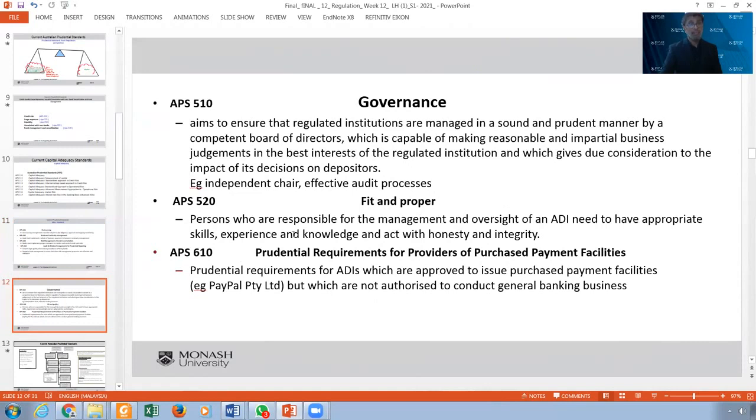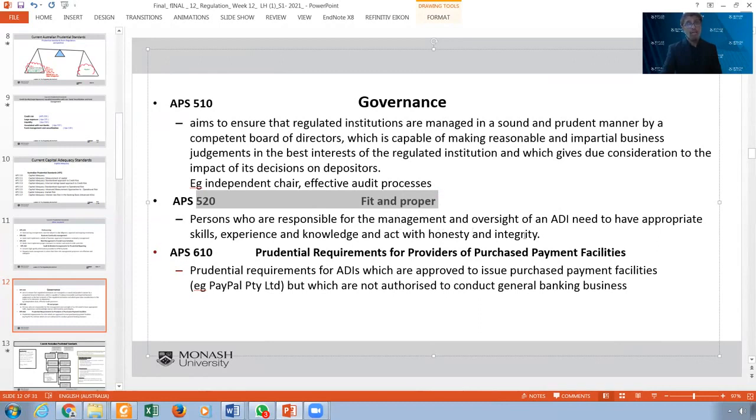Governance, we have APS 510, fit and proper. This is a very important issue, which means who is going to be on the board of the bank. He has to be fit for that job. And so persons who are responsible for management and oversight, ADIs, need to have appropriate skills, experience, knowledge, and act with honesty and integrity. Now, all of those are actually in the standard. So you cannot bring anybody and put them on the board, which is the top